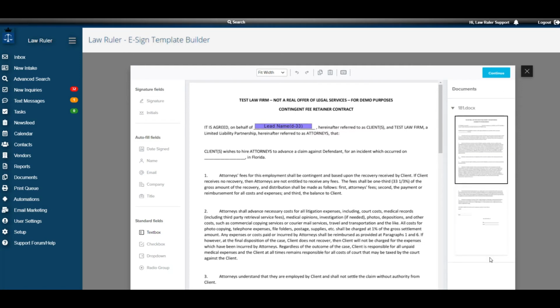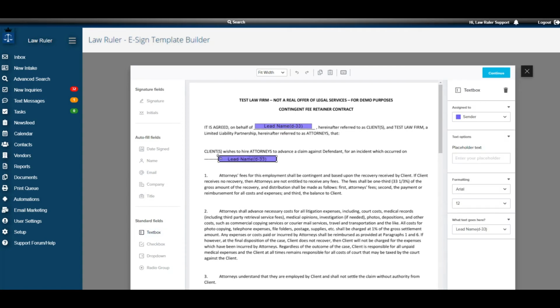One of the next things we can do with the text box is require the client to fill it out when they receive the eSign request. What we do to do that is we select text box, we click on the area we would like the client to fill out the information for, and again we're going to go ahead and resize that to fit the field. Then where it says Assign to Sender, we're going to go ahead and assign that to Client via the